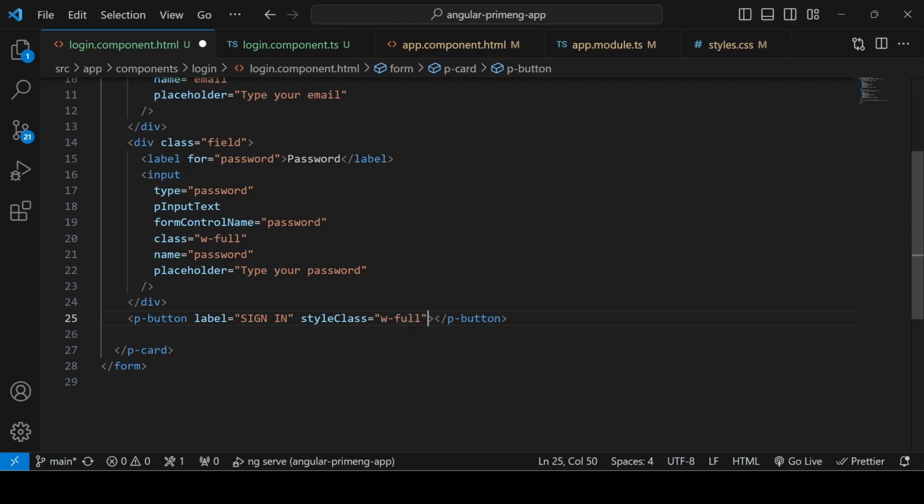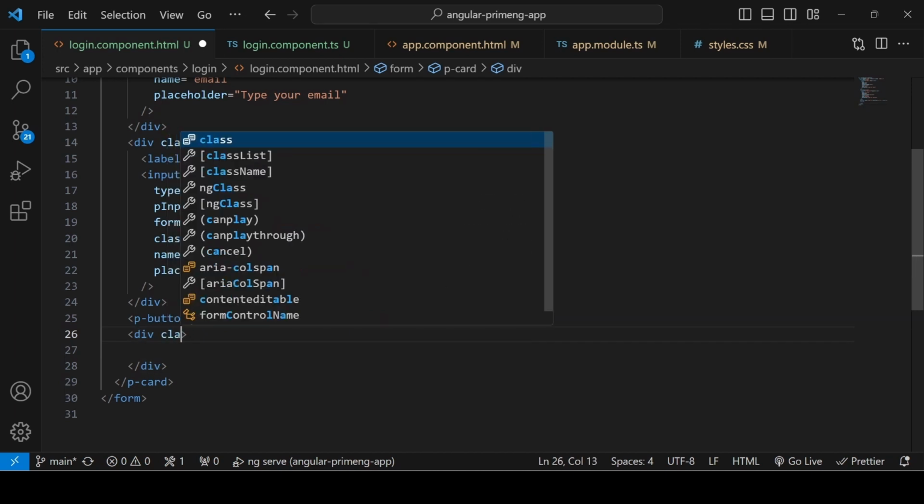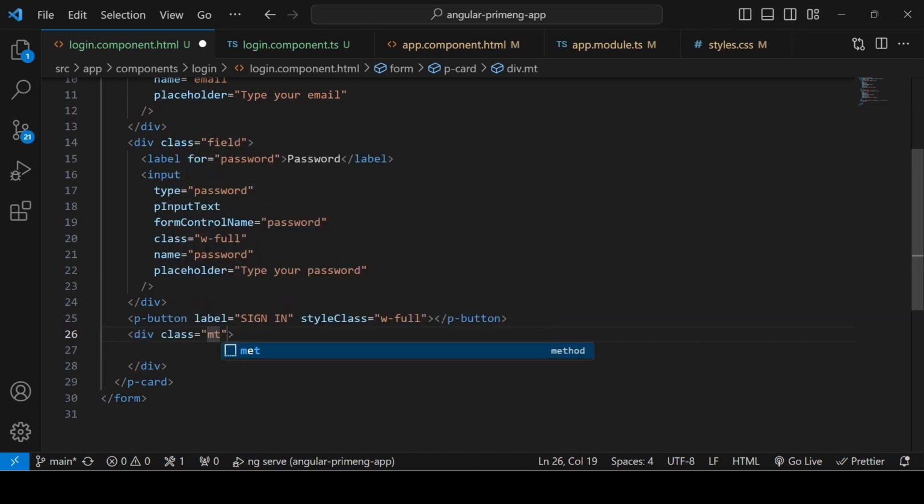And also, style class is added. The label is also added. So the button is ready. The next thing is, if it is not a member, you have to show a link to the register form. Okay, so I'm just giving a div and adding a class and telling margin top is